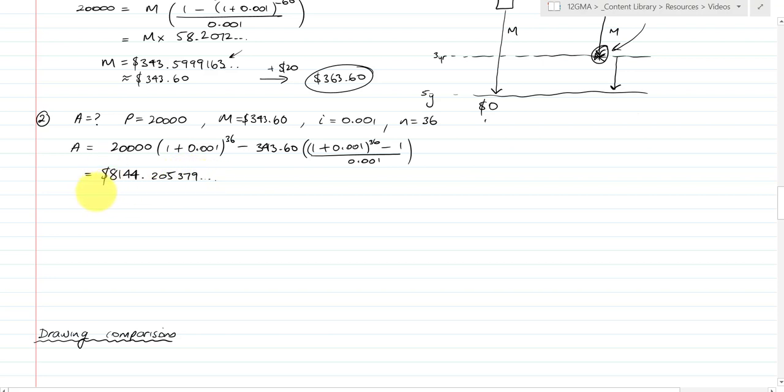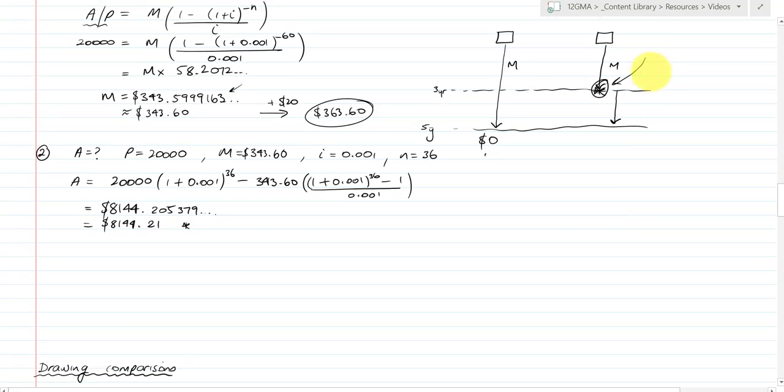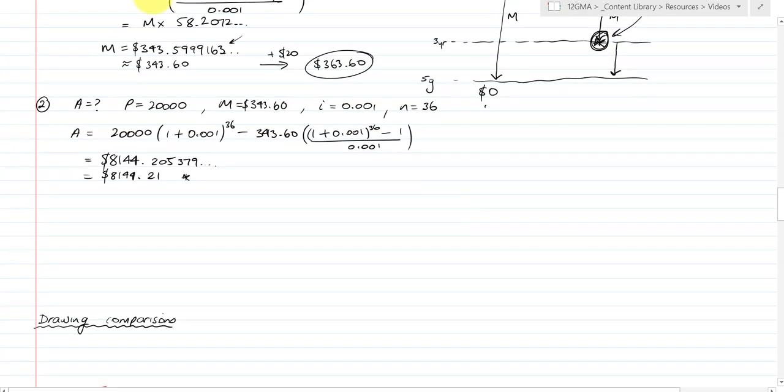8144.205379... So I'm going to deliberately round up, even if I don't need to. 8144.21 is what he now owes as our A value. But of course, I'm maintaining this A value in the calculator. So that's here, 8144.21. And now I can treat that as our present value in our final calculation. So let's just create a little bit more space, and our step 3